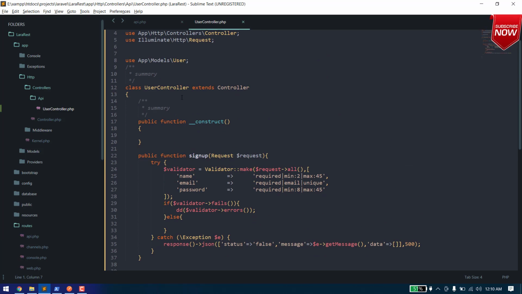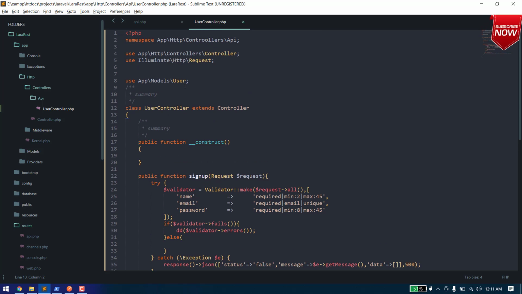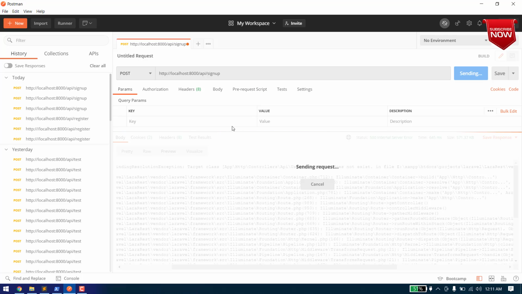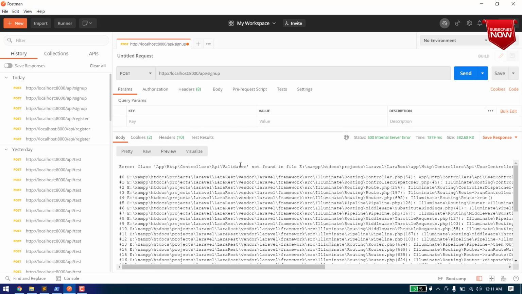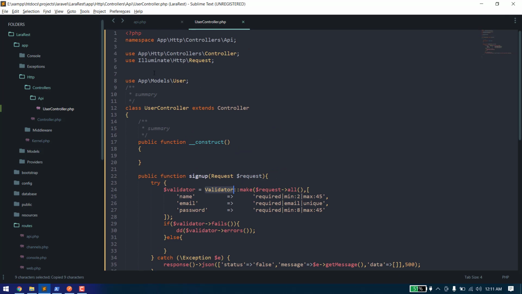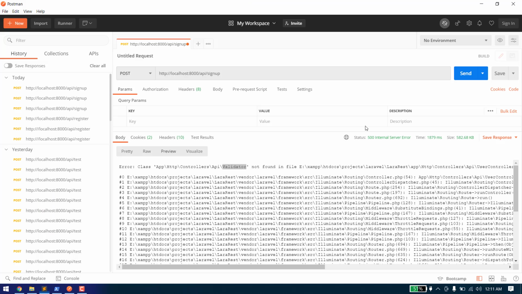We have it here. You define the namespace app http. Okay, here the namespace is wrong. Now let's check it. Okay, we also need to use the validator here. Use validator, and now